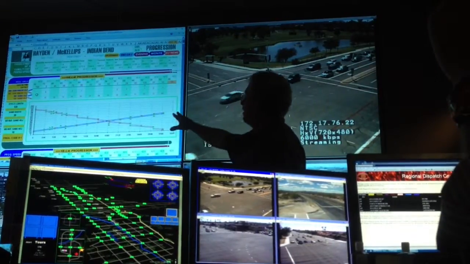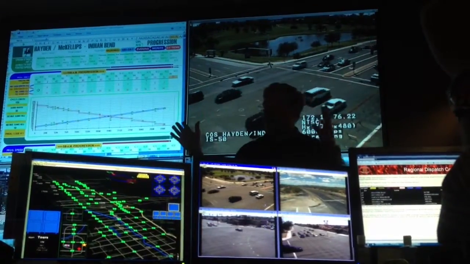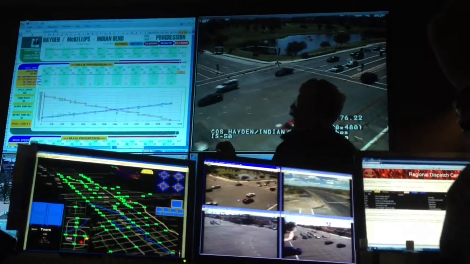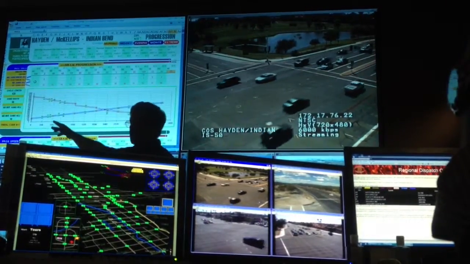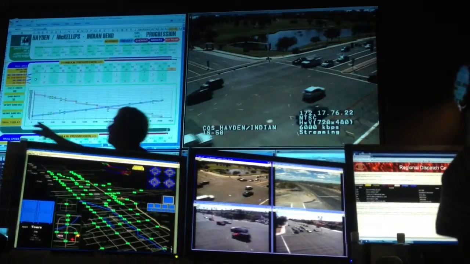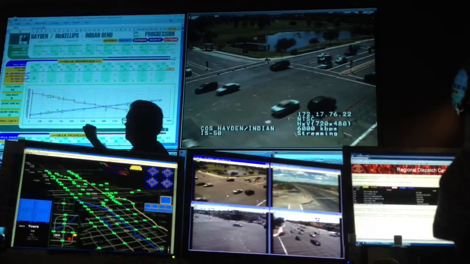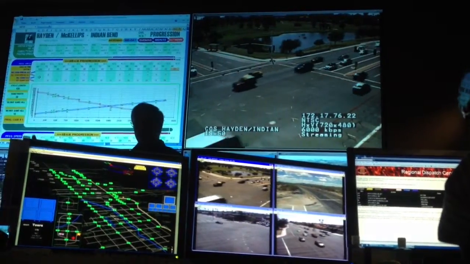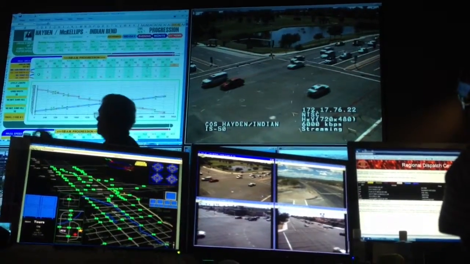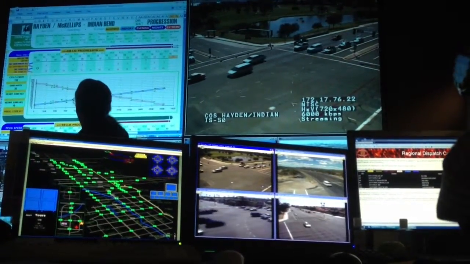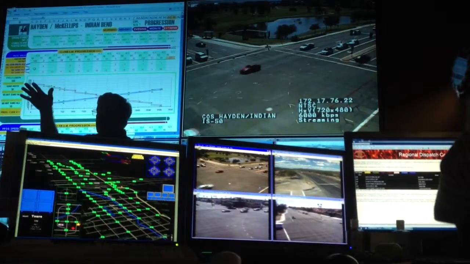Okay, this fancy looking diagram here is called a time-space diagram. I like how that sounds because it sounds all cosmic. Along the bottom axis here is distance or space, in feet, and along this axis is time in seconds. When you think about it, as a car is moving down the road, it is moving through time and space simultaneously. So this diagonal line represents that path, and these little green bars are the green window